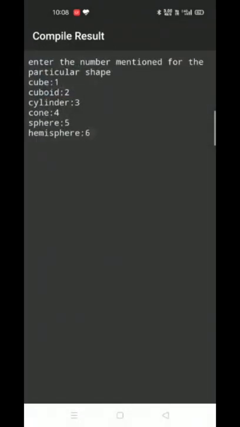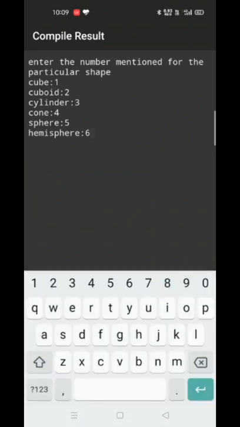Here first, we wrote the printf, enter the number mentioned for the particular shape. I wrote 1 for cube, 2 for cuboid, 3 for cylinder, 4 for cone, 5 for sphere and 6 for hemisphere. So we'll enter 1, which represents cube, and then it automatically asks to enter the value of the side of the cube.